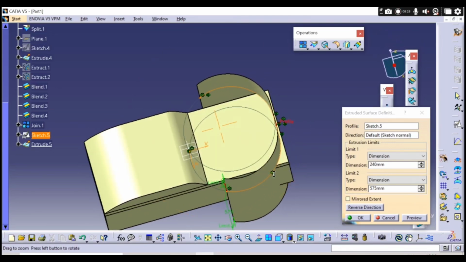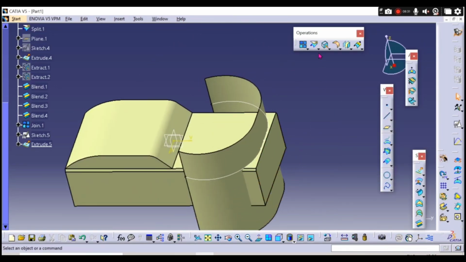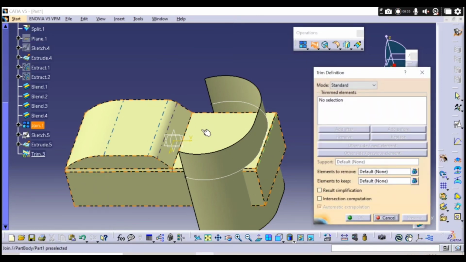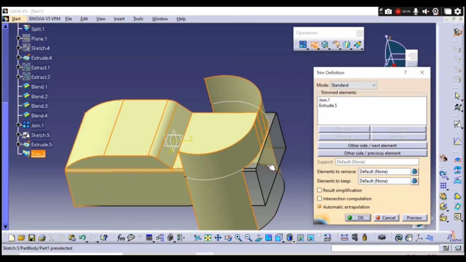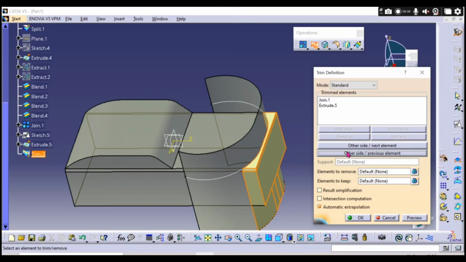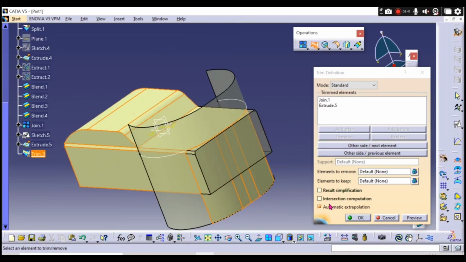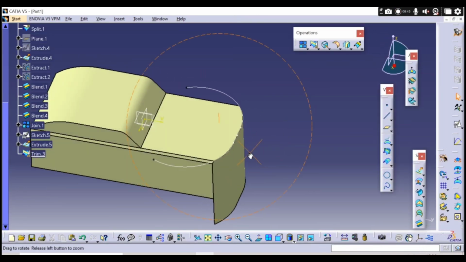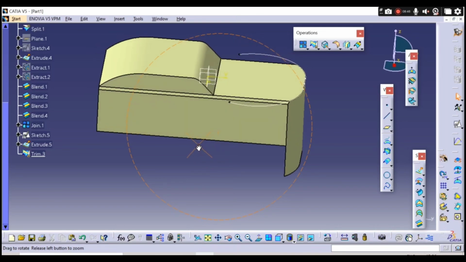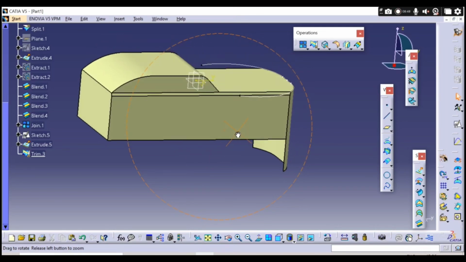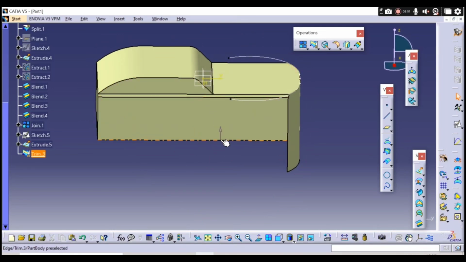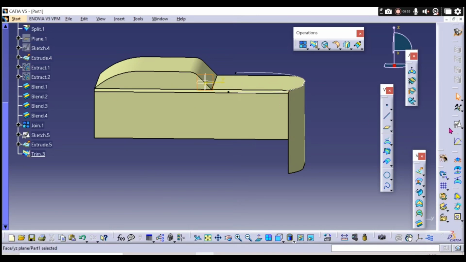Like this. Then OK. Then press trim option. Select this curve body shape. Other side. Oh, it's fine. It's fine. Then we will select this one,